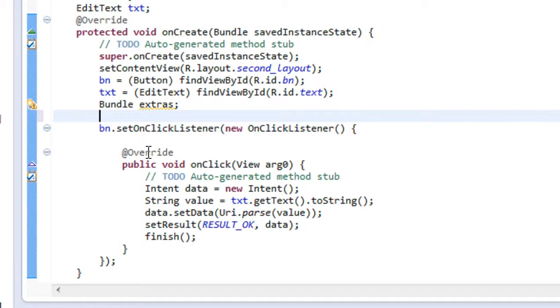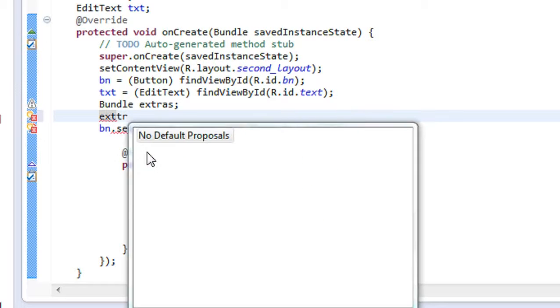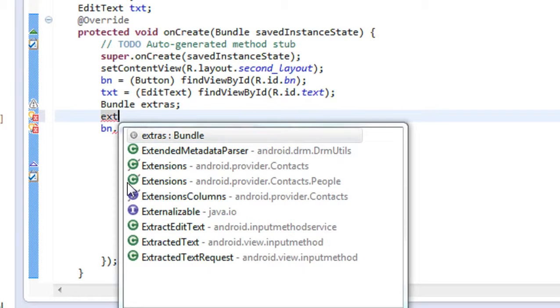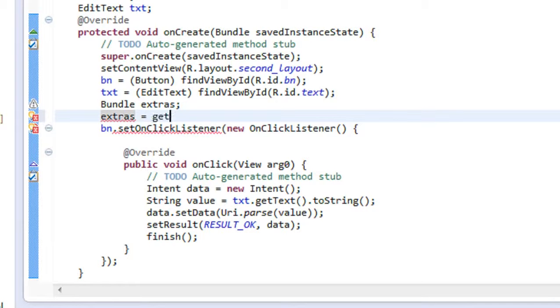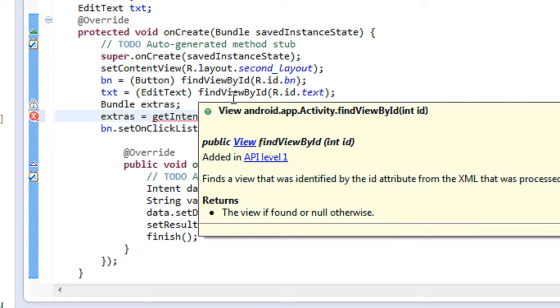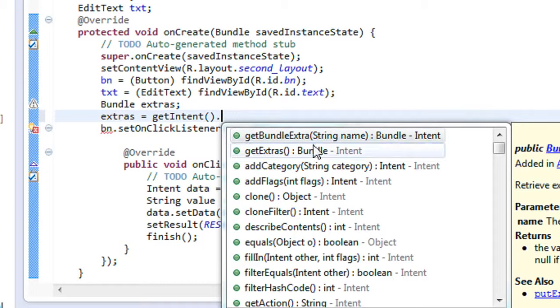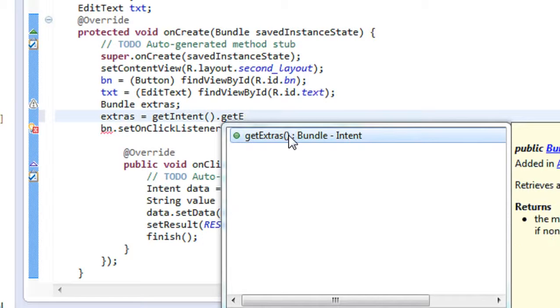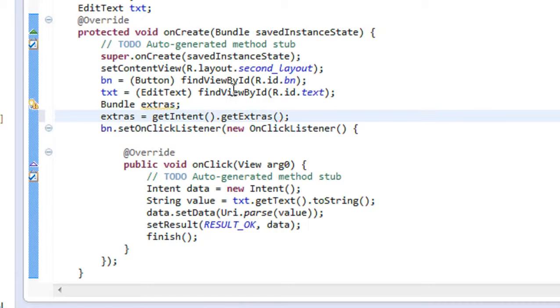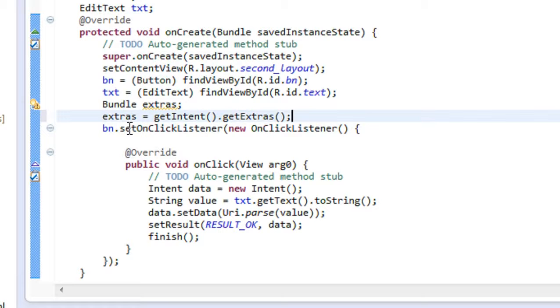Now I am going to retrieve the bundle object from the intent object. Extras is equal to, first of all you have to get the intent, then we have to get the bundle, getExtras. Now we have successfully got the bundle object here.